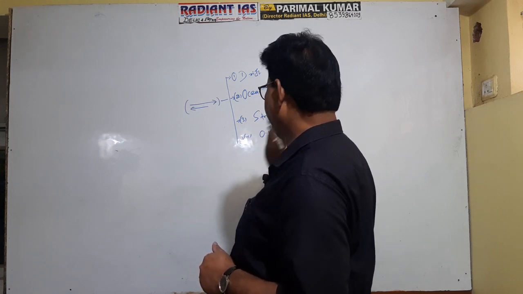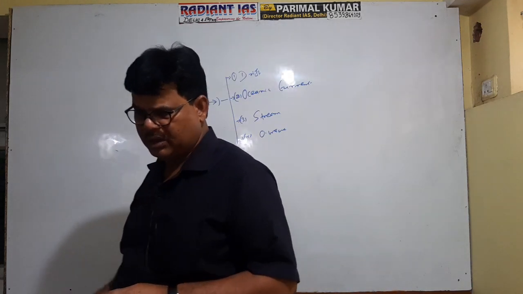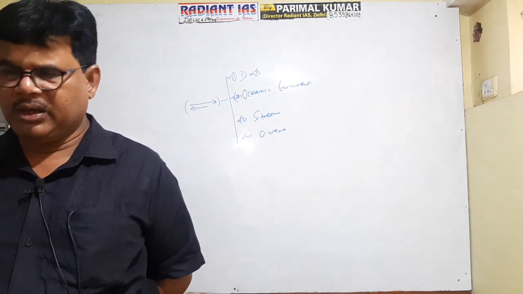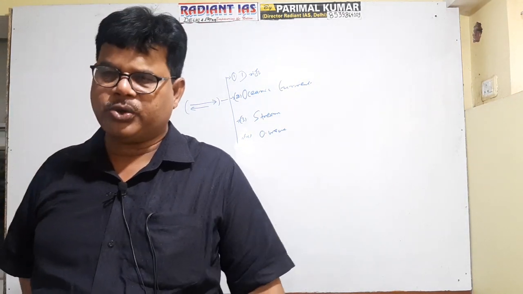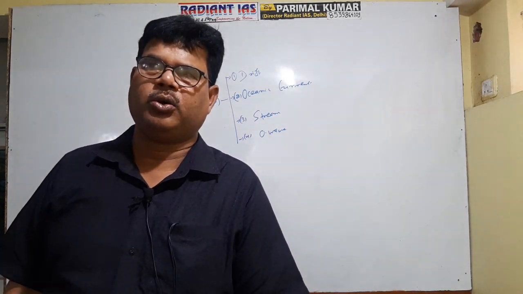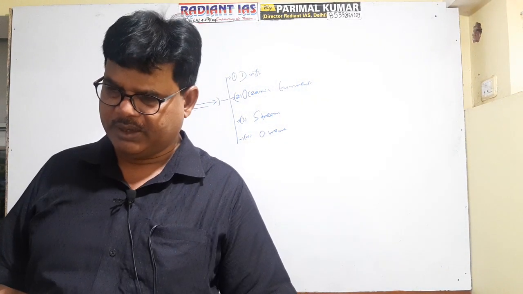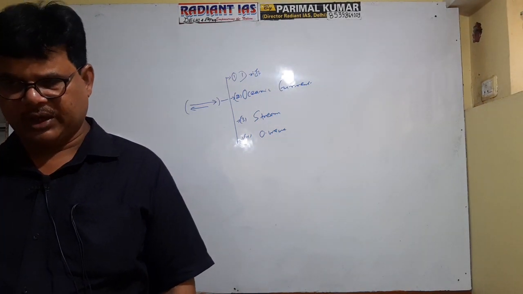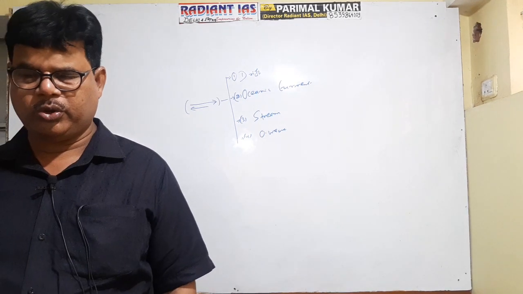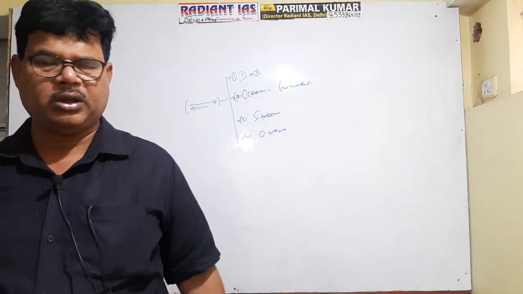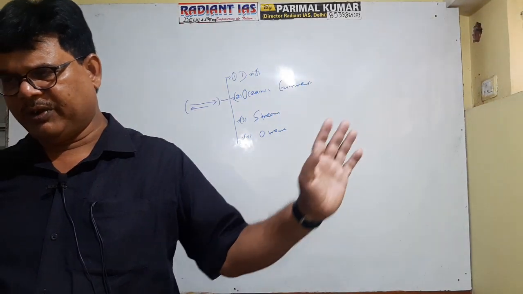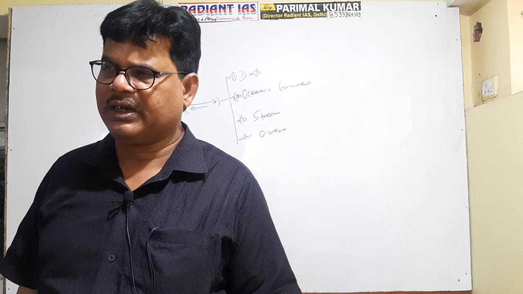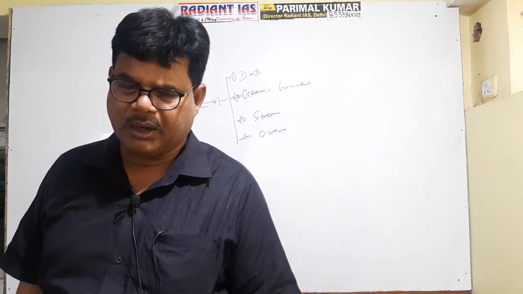Getting well now? So we have 4 types of horizontal dynamism of the oceanic water. One is drift, second is oceanic current, third is stream, and fourth one is oceanic wave. One thing you should know: among the 4 components, oceanic wave is referred to as the agent of erosion, not the oceanic current. Okay? Oceanic wave is the agent of erosion.